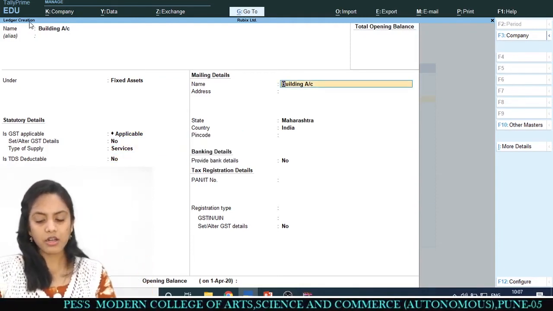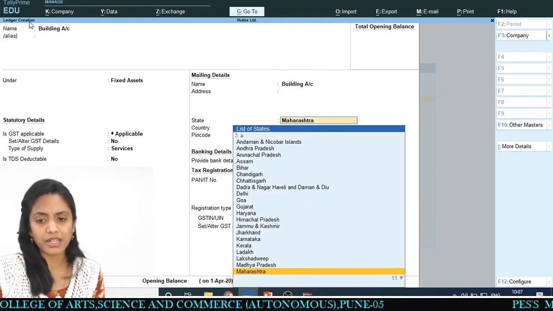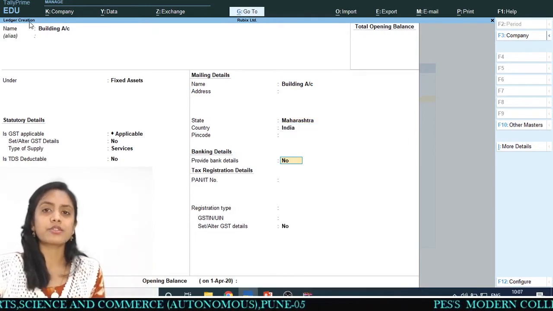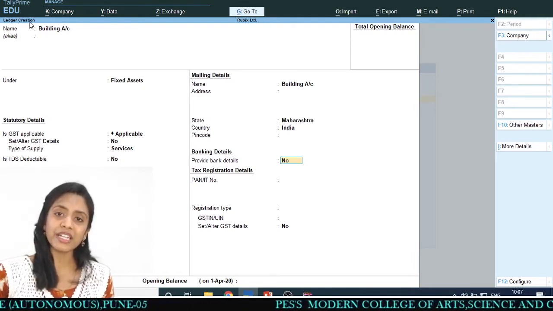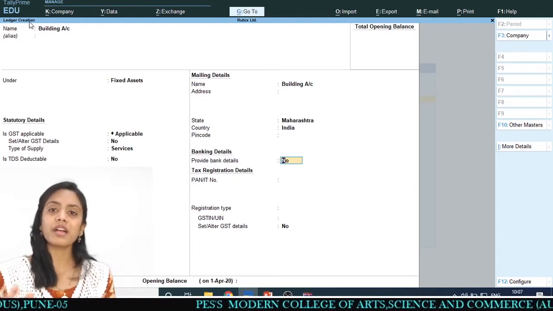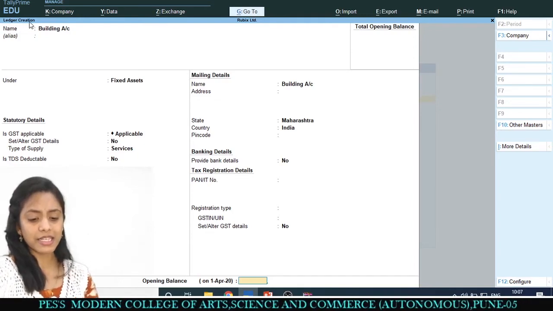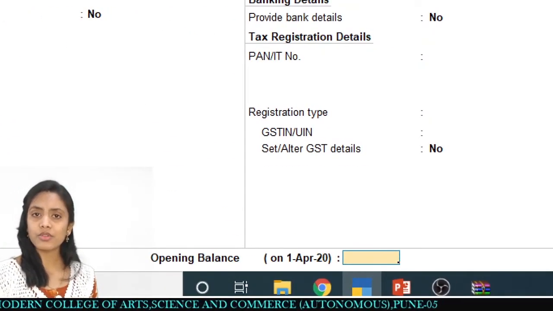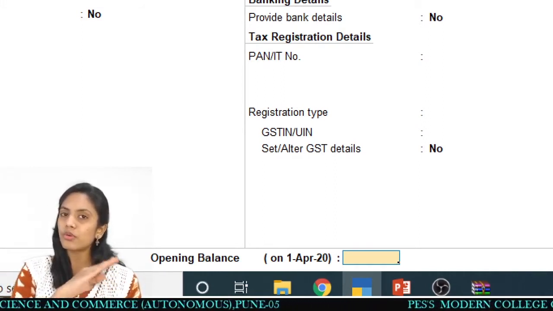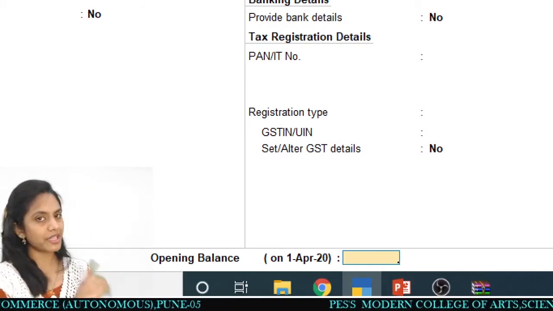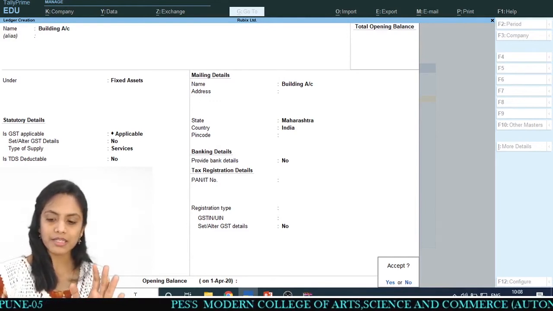For the building account, once again, if you don't want to write any name of the party you purchased from, you don't have to, keep it as it is. This information is not that much needed, but wherever you go for a job, whatever the requirement of that company is, you just have to work as per that requirement. Then we will move further. Once again they are asking, is there any opening balance? Once again I must say that we started our company on the 13th of April 2020, so we don't have any opening balances. So I'm keeping it as it is and accepting by pressing Enter.